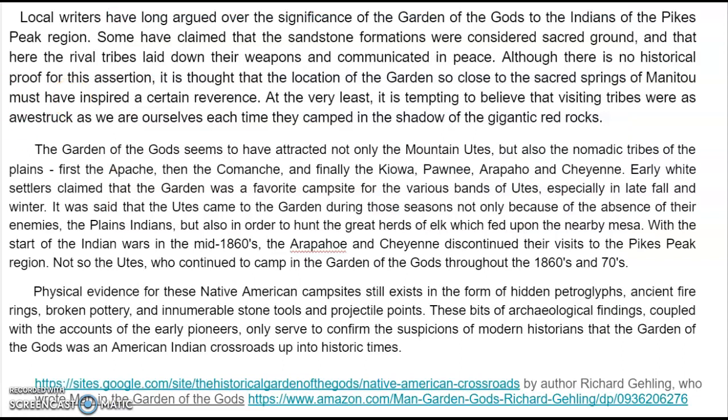The garden itself is a significant place. It was a gathering place where the mountain Utes met up with the nomadic tribes of the plains, and they traded and had spiritual gatherings. Also in this proximity, we have Manitou Springs, these sacred springs. We also have Tava Mountain, Pikes Peak, of great importance to our indigenous sacred spirituality. There is a lot of archaeological evidence to support Native American use of the Garden of the Gods, and hopefully we'll meet with the city archaeologist Anna Cordova throughout this semester.